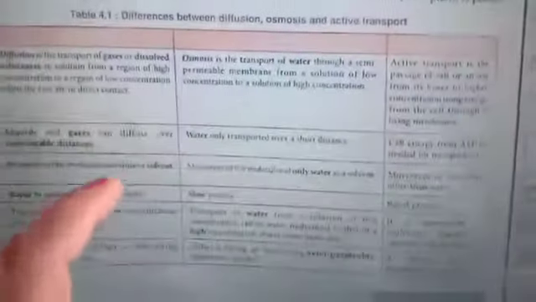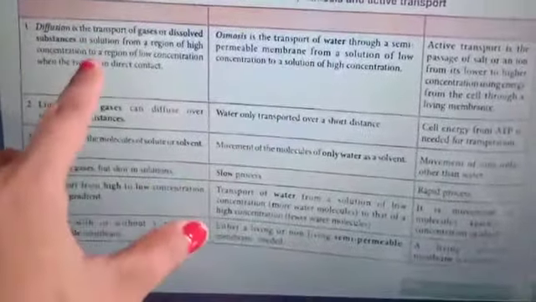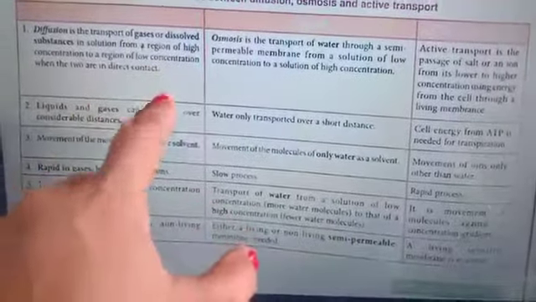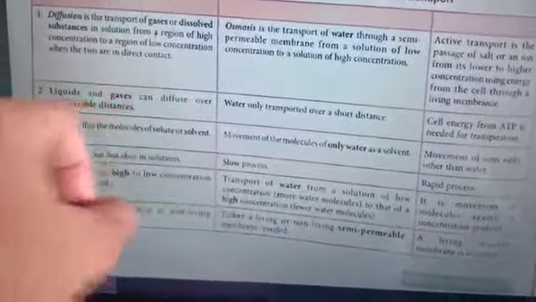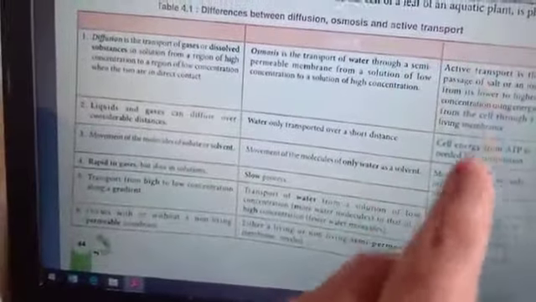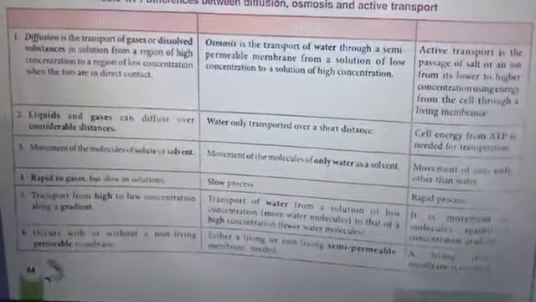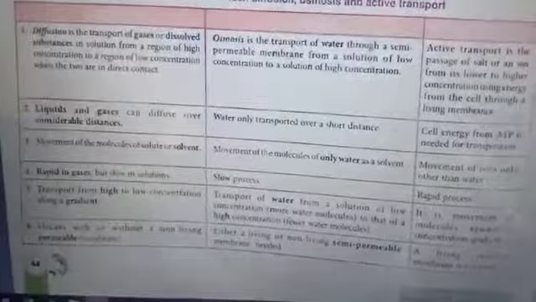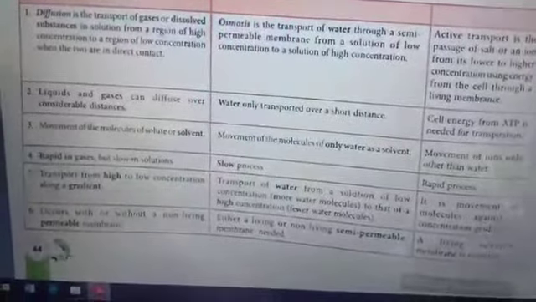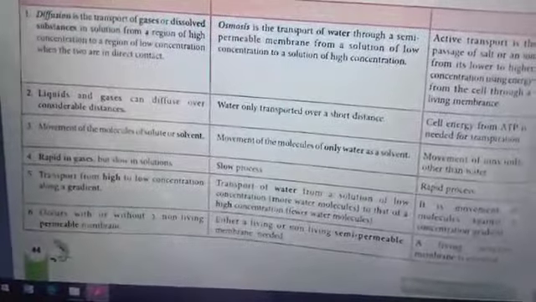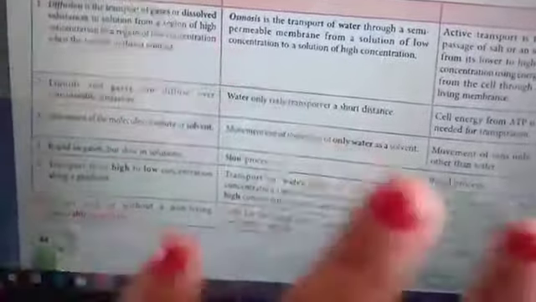Further, we'll have a rough idea about the differences between diffusion, osmosis and active transport. All three have small differences. Diffusion is higher to lower, without any conditions, while in osmosis it is also from higher to lower water concentration, the solvent, but the solute moves from lower to higher. If you remember, in osmosis the movement of water is from the beaker to the funnel, right? Inside the funnel you have sugar, while outside in the beaker you don't have anything.